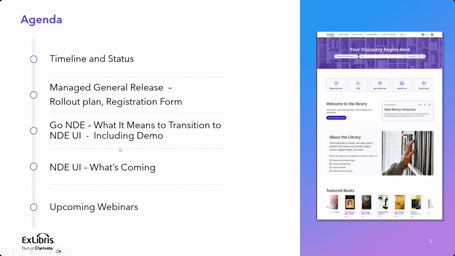So we'll do a demo and explain the steps, and we'll also share more updates on what's coming, even after the May release, what new features and functionality will be available. We'll share prototypes for that, and we will also introduce more webinars that will be part of this NDE series, anything that we are working on and planning to help give you much more knowledge to plan transitions accordingly. Okay, so we will start with this timeline and status, and I will let Emmanuel